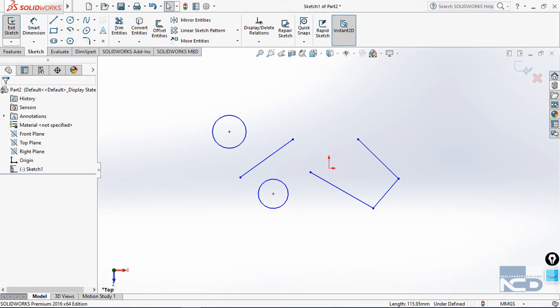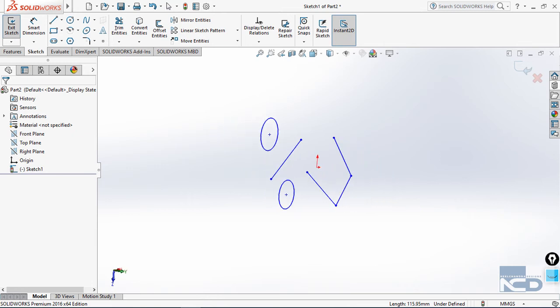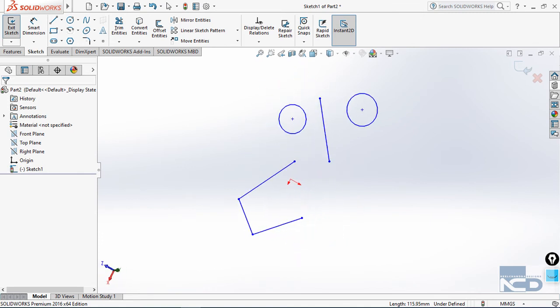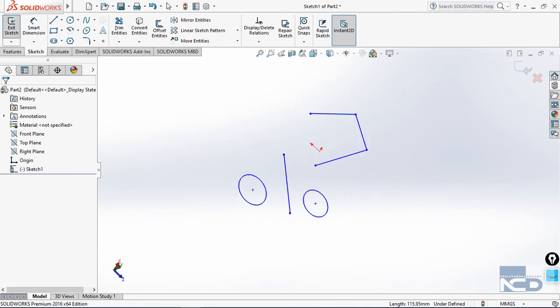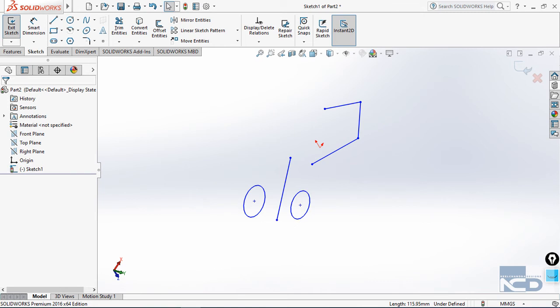Similarly, there is one more accessory, which is not that useful in 2D sketches, and that is rotate. If you click your scroll button and move your mouse, you will find that the object is rotated. This rotation is very useful when we are creating 3D bodies, but right now in 2D, it is not so important.